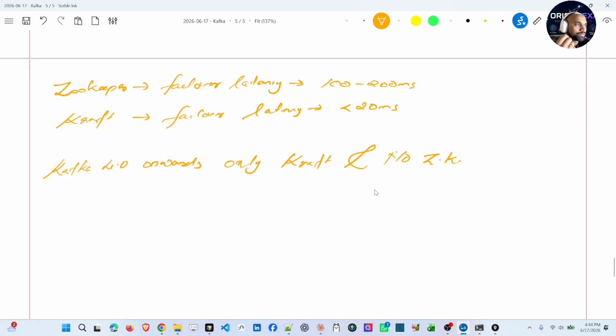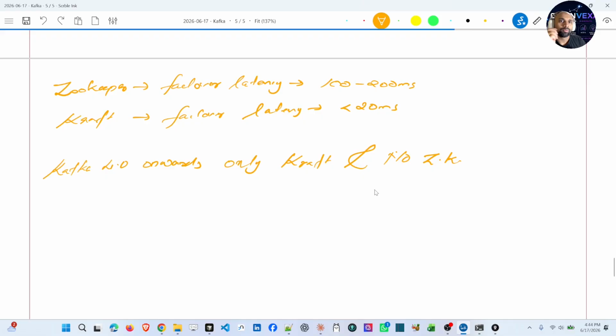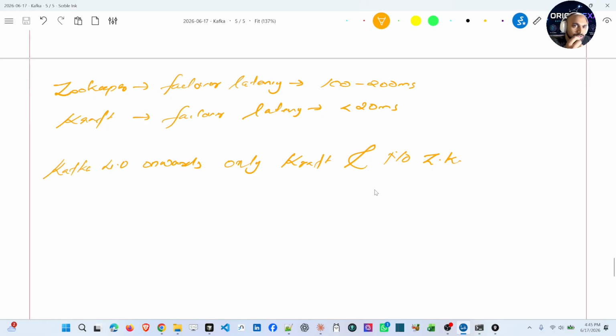Let's go ahead and see each component and its internal architecture once again.